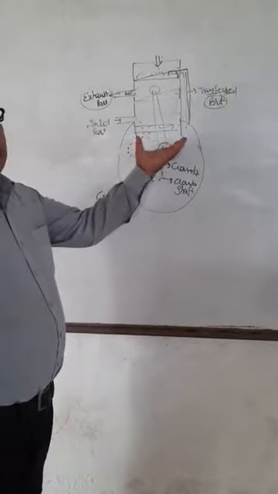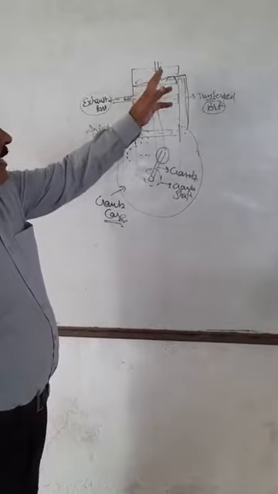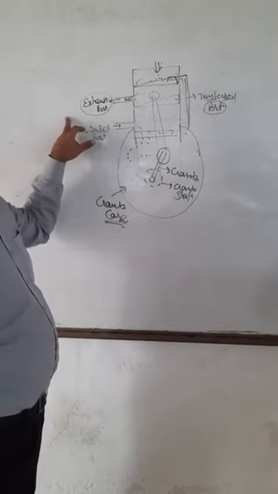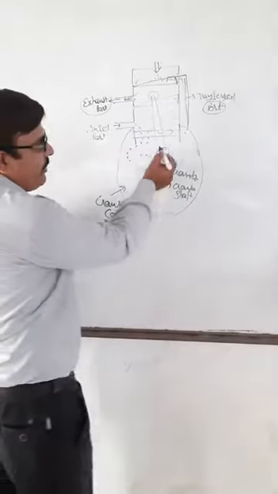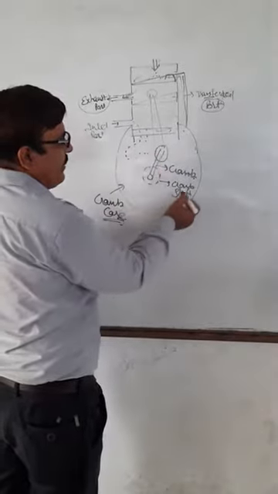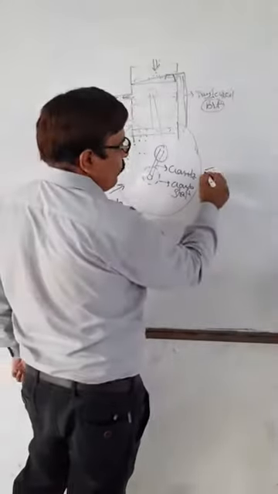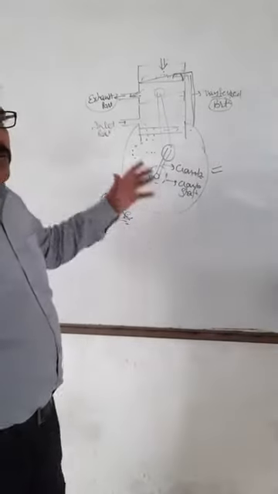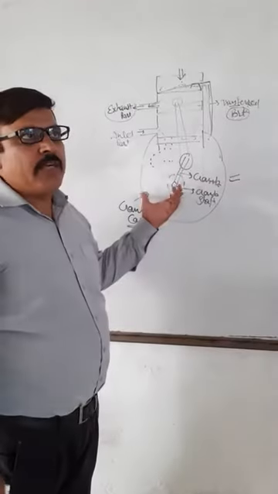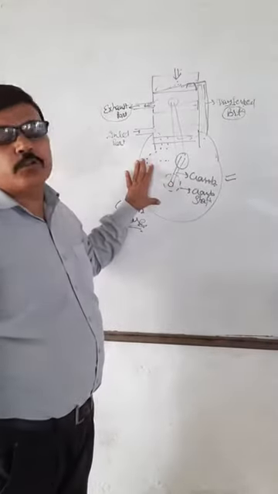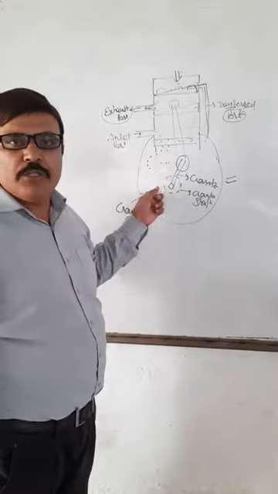This process, when fresh charge enters the cylinder and pushes the burnt gases to the atmosphere, is known as the scavenging process. In every revolution of the crank there will be one power stroke. But in a four-stroke engine, two revolutions of the crank are needed to complete one cycle, whereas in a two-stroke engine only one revolution of the crank is needed.